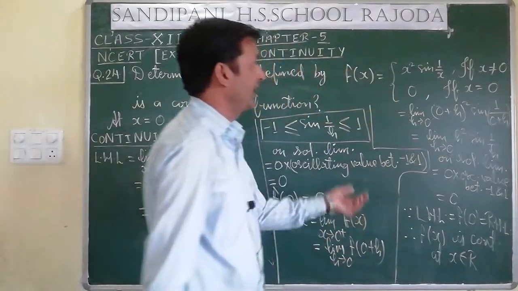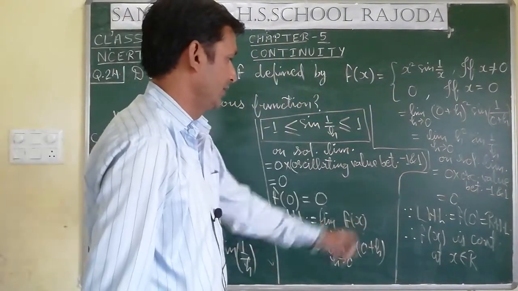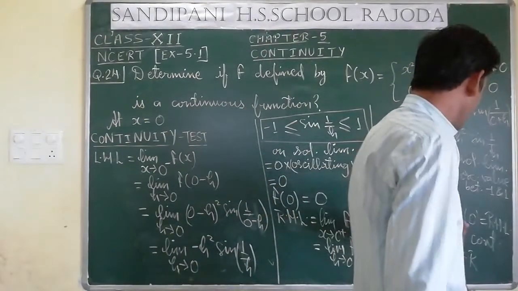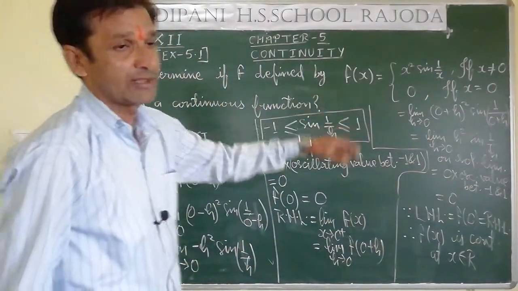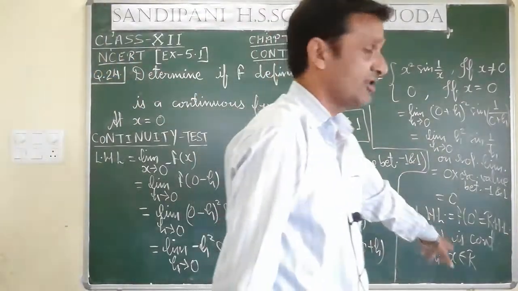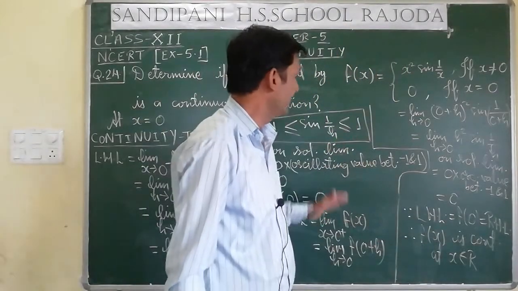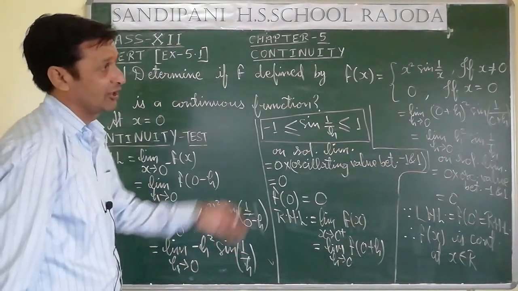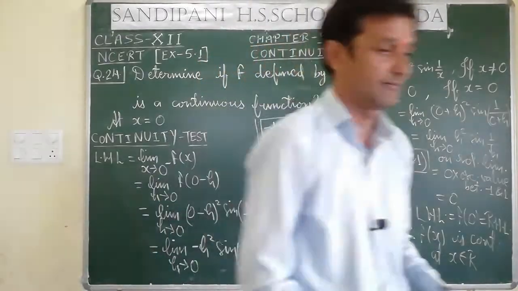We may conclude at any real number it will be continuous, because you may mention at x is equal to 0 also, because we have checked it at 0, and if it is applicable there, then we may write it is continuous at every element of x which is a real number. So this is the final conclusion. We have determined that function is continuous at x is equal to 0 and at all the real values. This question is over.